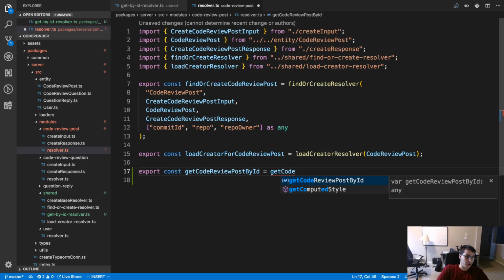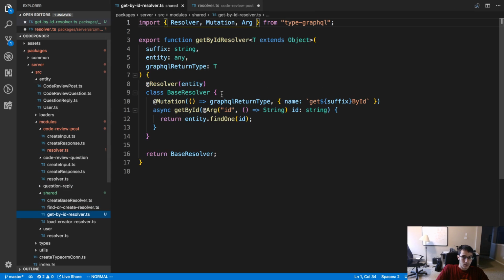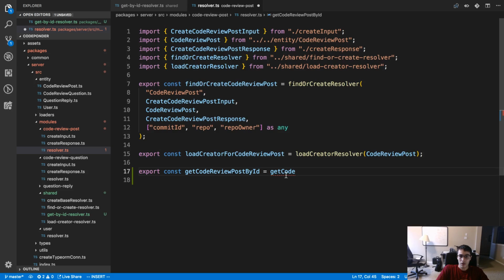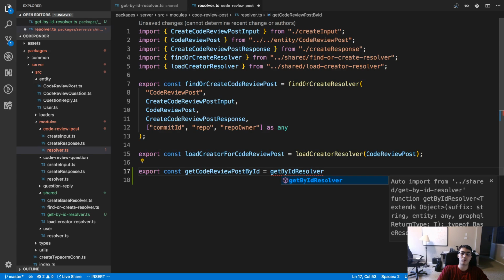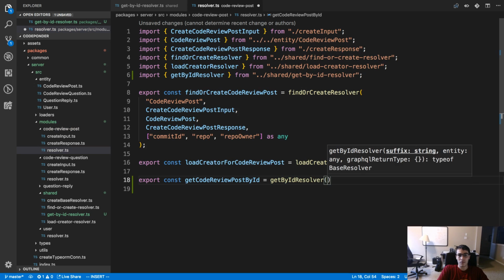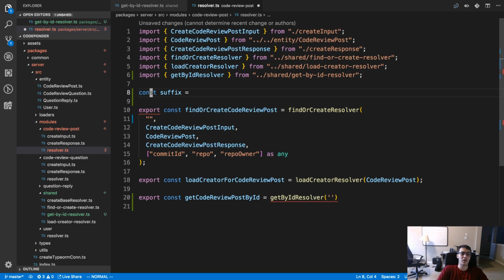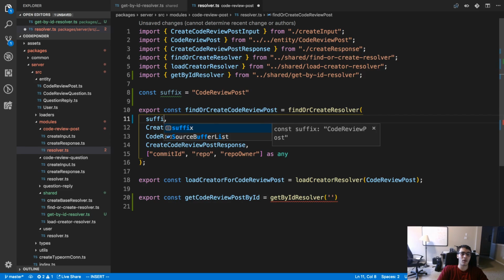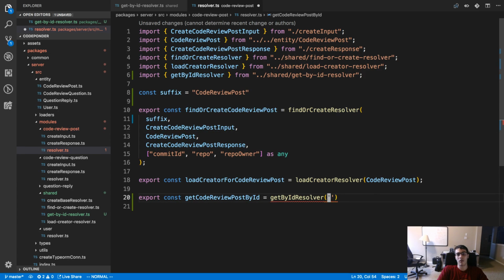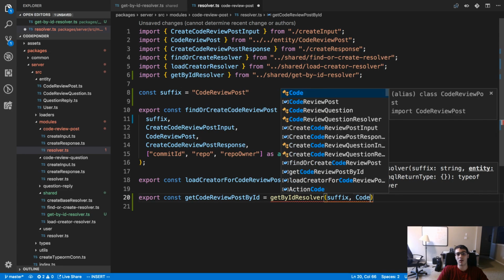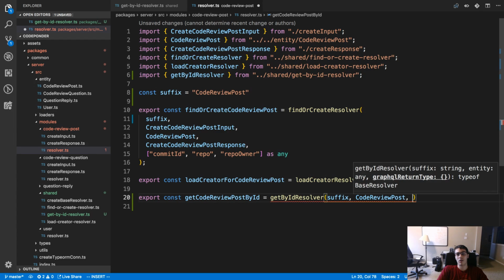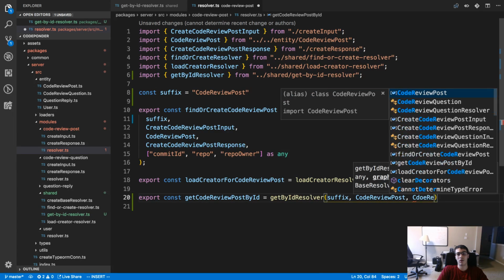Get code review post by ID. What did I call this? ID resolver. Now we're using the suffix in multiple places, so I'm just going to create a variable real quick for it. Entity, code review post, return type, code review post.